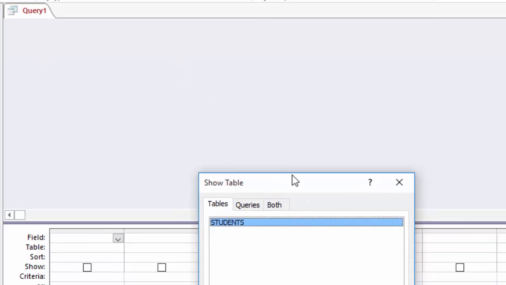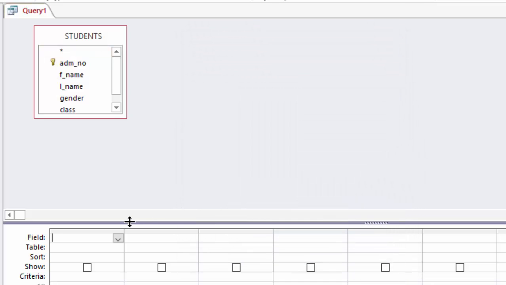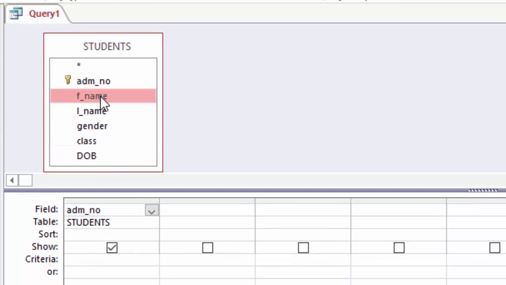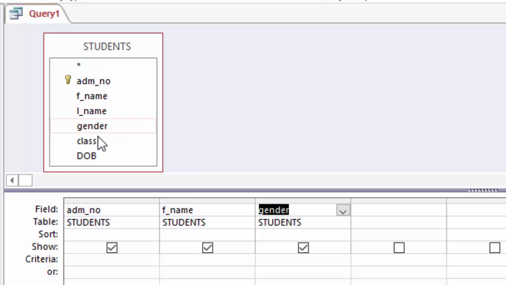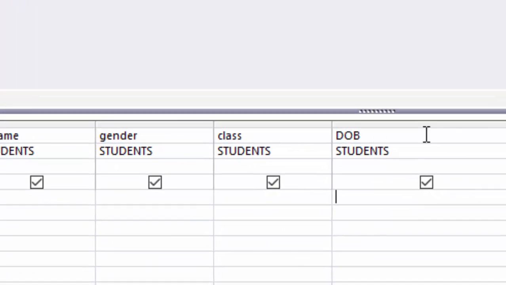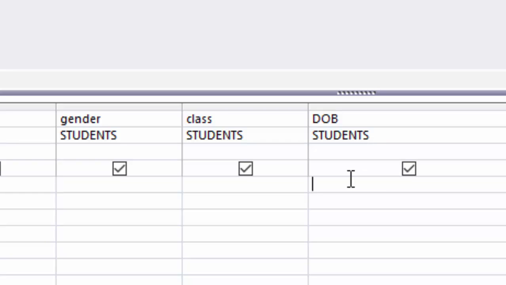So I will just come to create query design, add my table. I want admission number, first name, gender, class, and date of birth. So I want here in the criteria row students born between 2010 and 2012. Okay, and that is what I'm going to do. I am going to write a between